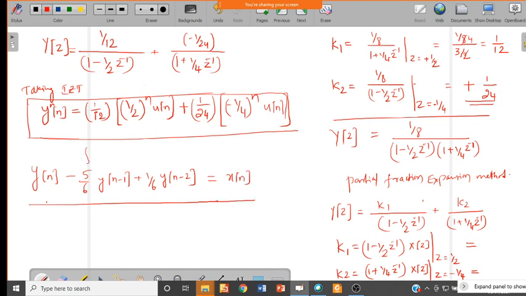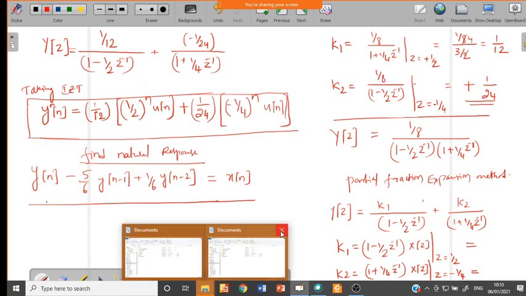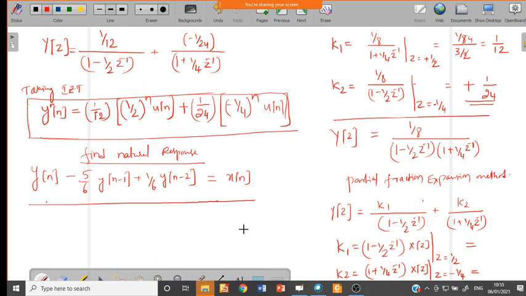So find the natural response of the system. Take this problem and try to find out, and if you have any doubt you can ask. Okay, so we will stop here and we will continue the